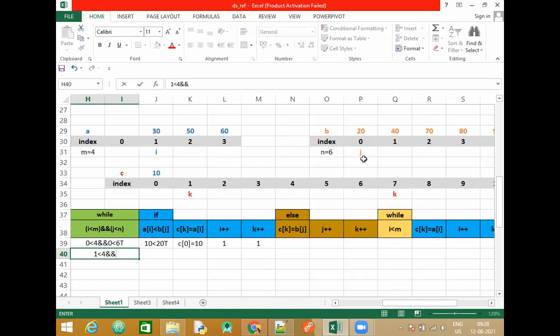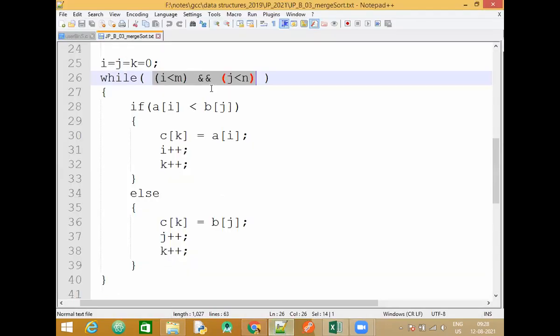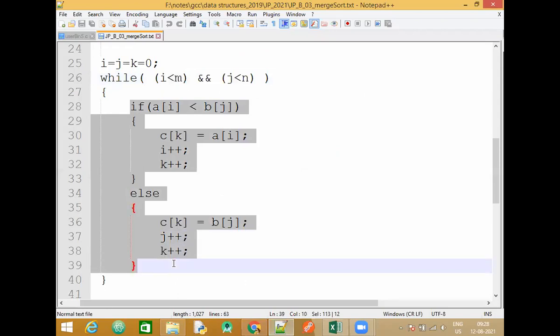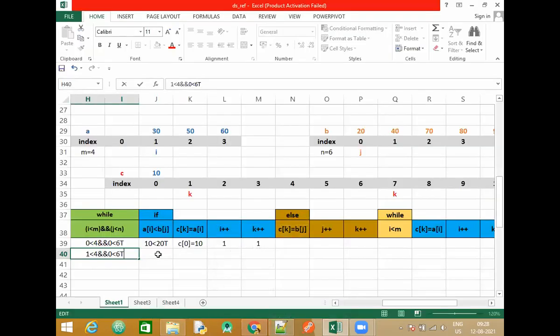See here, I have not changed anything for j. It is as it is. So j is 0, and 0 is less than 6. The while condition is true, so we go inside the body of the while loop, where we have the if condition. Let us check the if condition now.